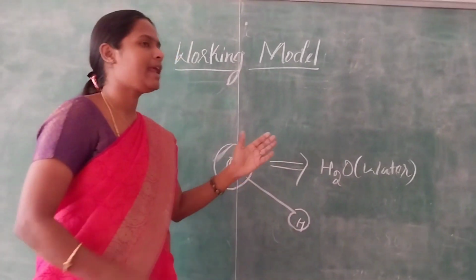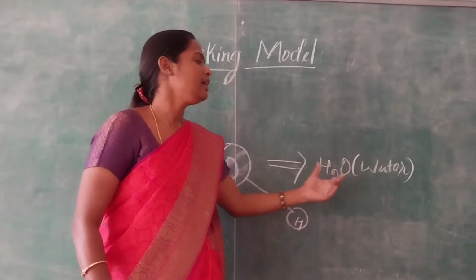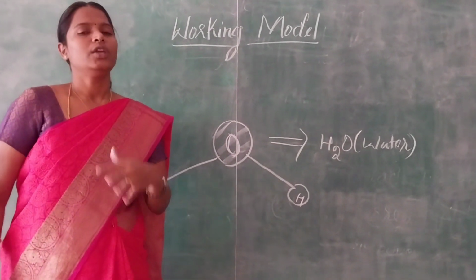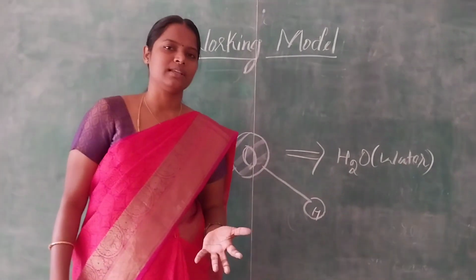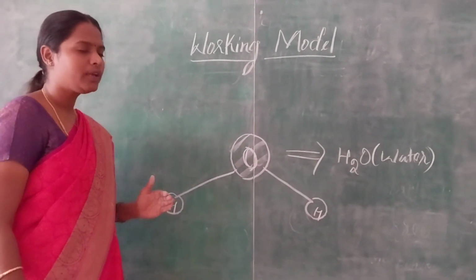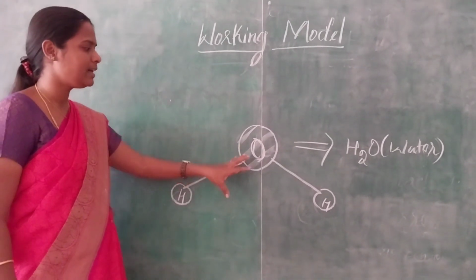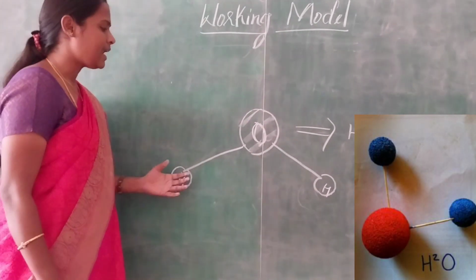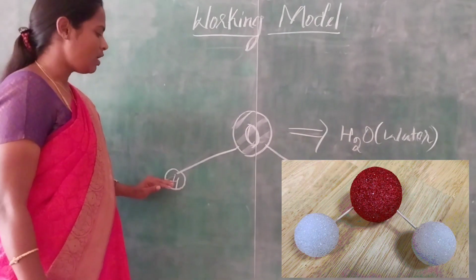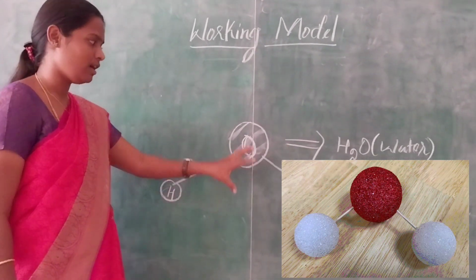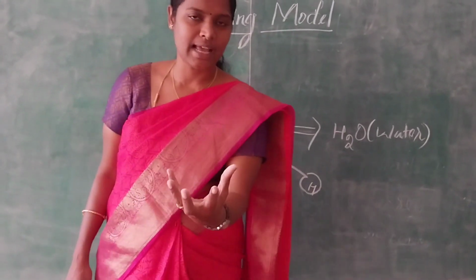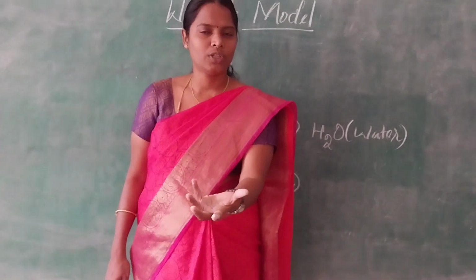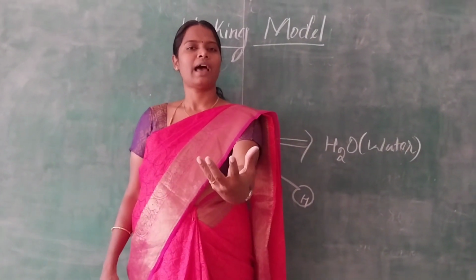See my dear viewers, you are explaining water. We can get water. With the addition of 2 hydrogen atoms with an oxygen atom, we are getting water. You can repeat this concept many times. But instead of doing that, you can do a simple working model. That is, here we are having an oxygen ball and we can attach 2 small size balls which are represented as H, and this model you can bring to your class and explain to your students that, dear students, today we are going to see about the concept molecule. So here I am having a molecule.